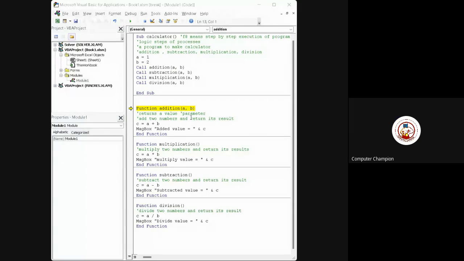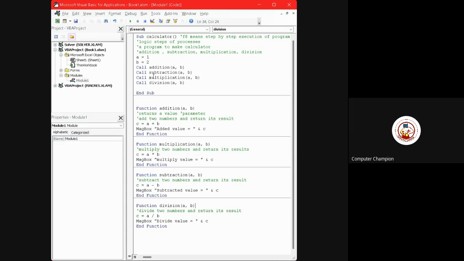Or else, Ansh, do one thing, write A and B in all the functions here. Supply the parameters in all the functions first, and then just call.